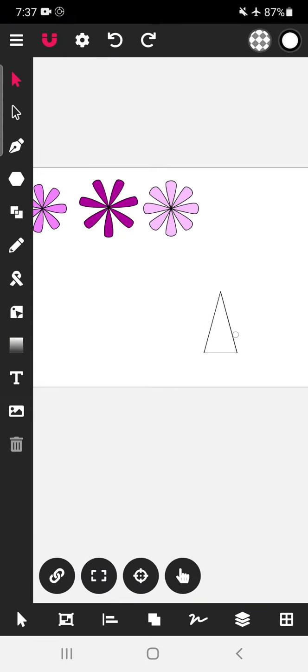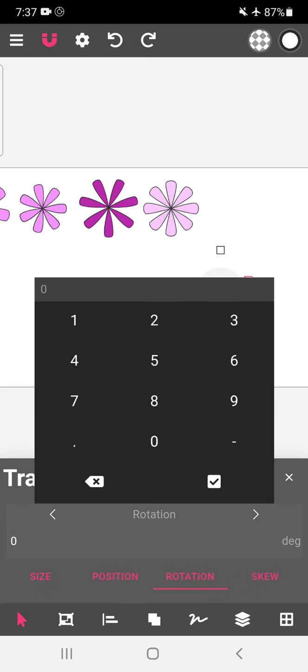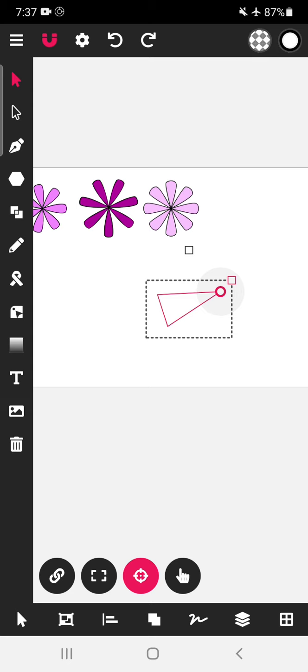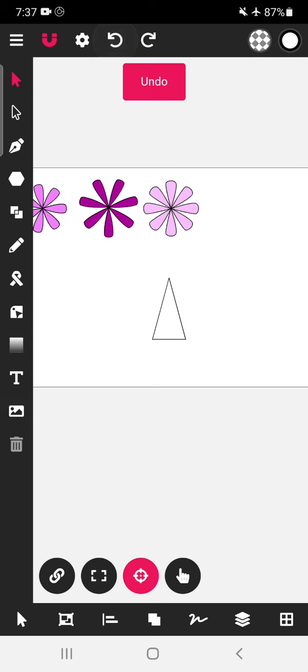So you have to select this and then duplicate it, use this center point option, take it to this center point, and now click here, click on the rotation. Now type 72. So it is rotated 72 degrees, but it was not duplicated, it seems.